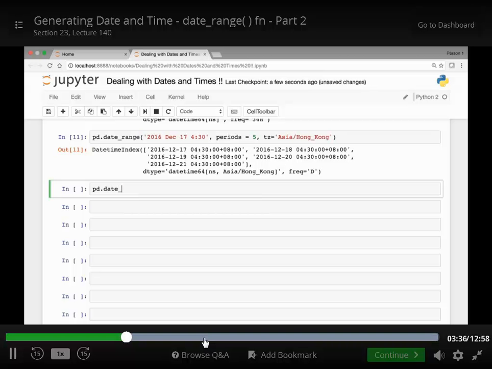So we have pd.date_range, and then instead of using the start time, we'll pass an end time, and let's use 2016 December 28th, and then let's start at 4:45, and for number of periods, let's say 10, and for our time zone, let's use the same Asia/Hong_Kong time zone